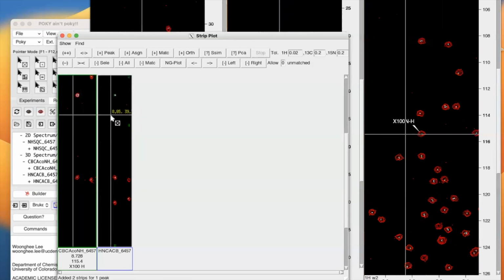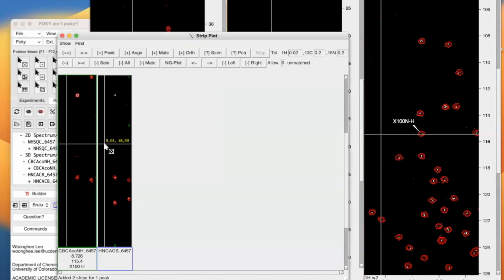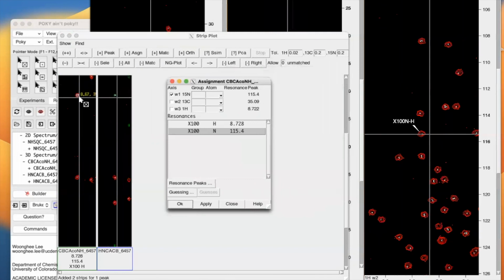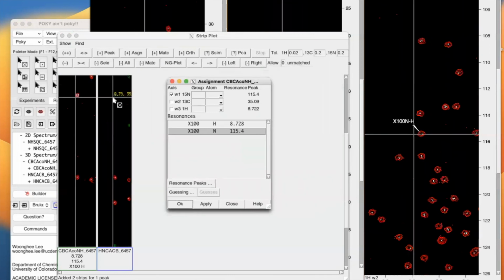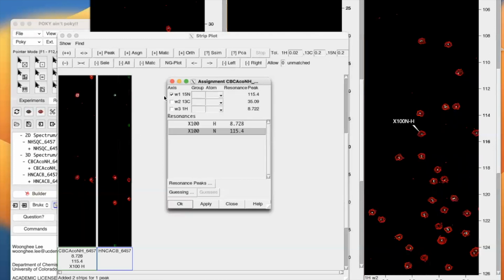Now we will begin typing in our assignments for each of these. So again, to open that window, type in the two-letter code AT. Okay, let me try that again. AT. There we go. So this one we have identified as the X99 carbon beta